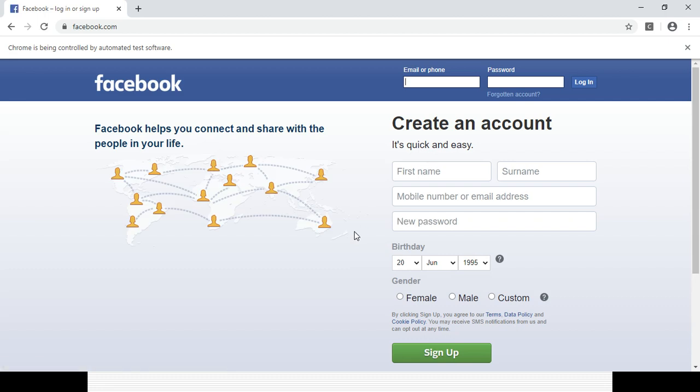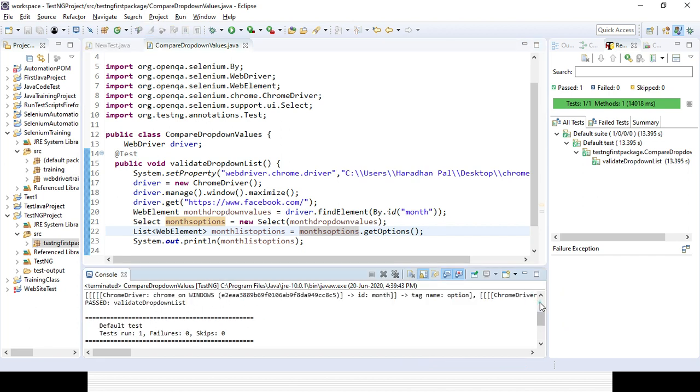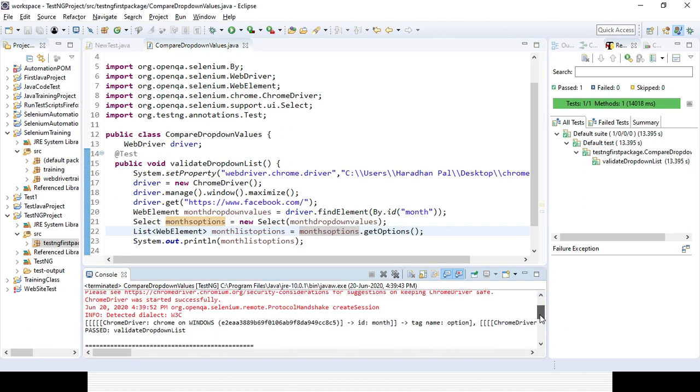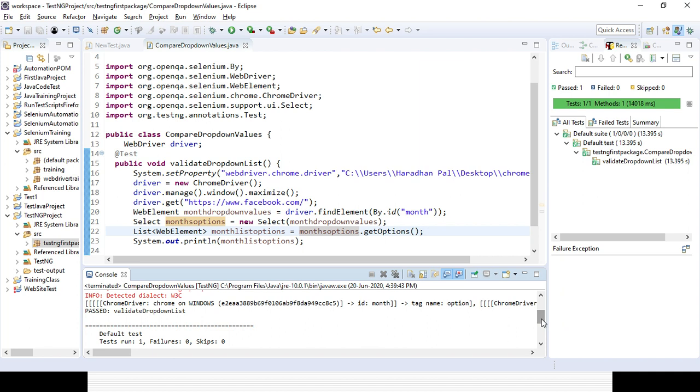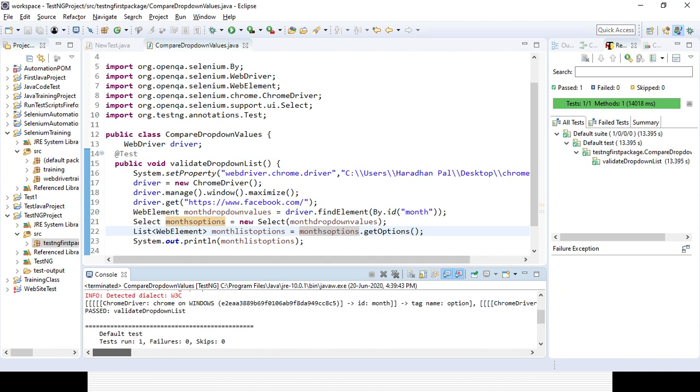So it is launching the Facebook page and will identify the month drop down values and will get all the options, and with the help of the List interface it will store all the options and print them out. Okay, let's see whether all is printed out or not. Okay, so here it will not be printed out.